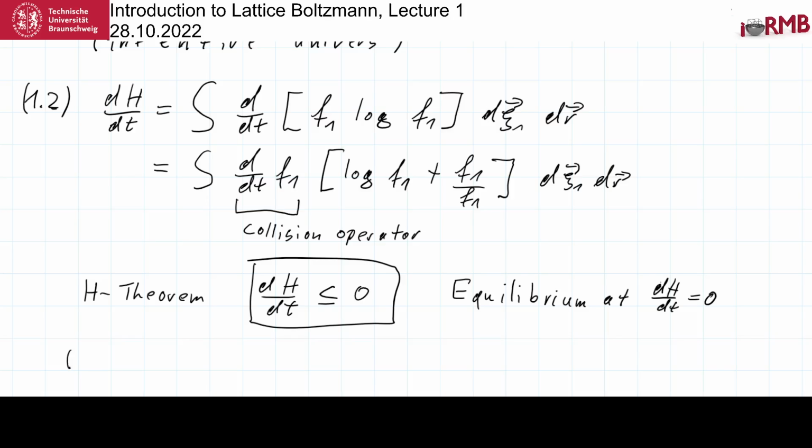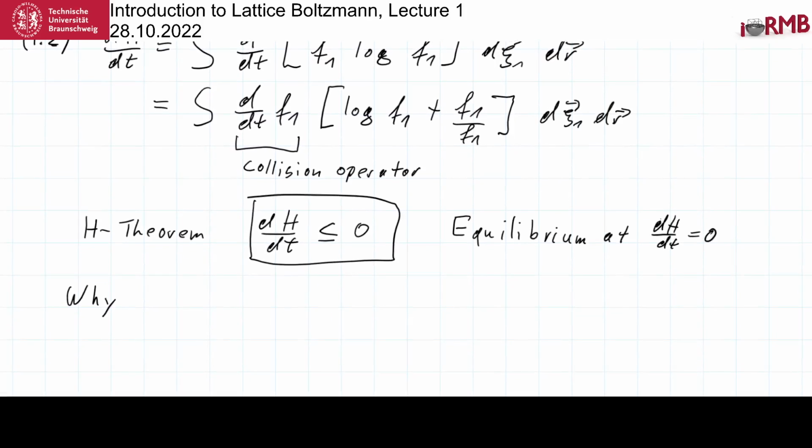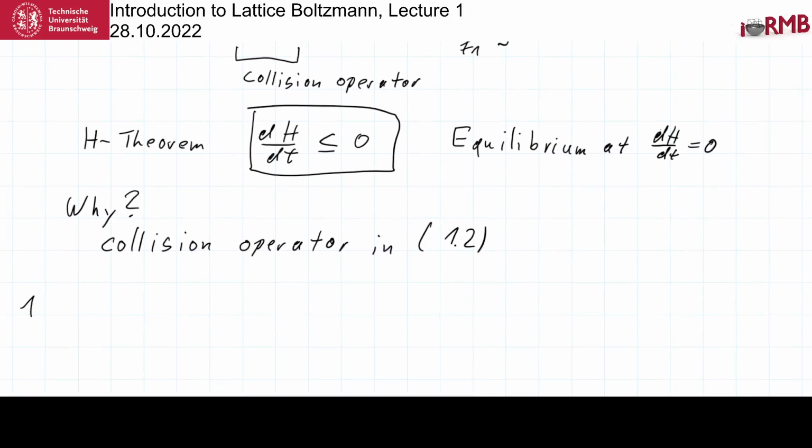And now the question, of course, is why should this be the case? For this, we have to put the collision operator into 1.2. So if we do this, we get to